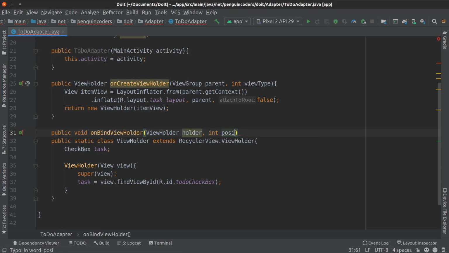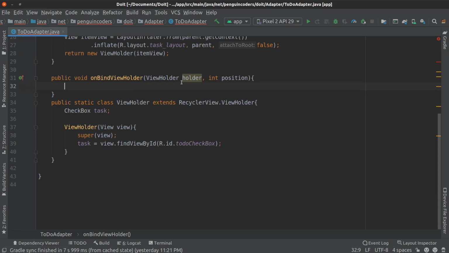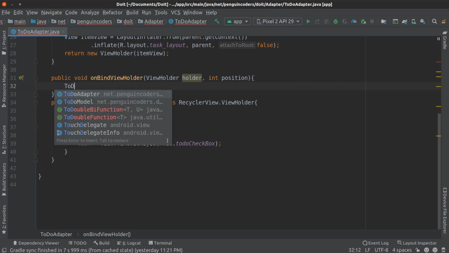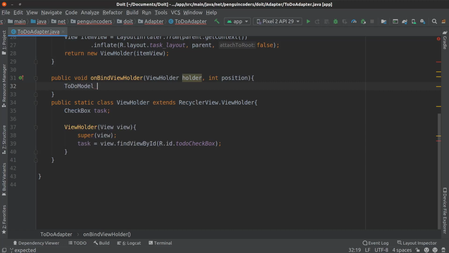This is a very standard implementation of a recycler view adapter, where we get a holder, and the on bind view holder returns the position of the element which we are about to work on. So here I will write the to do model item equals to do list, which we have defined above, to do list dot get and position.